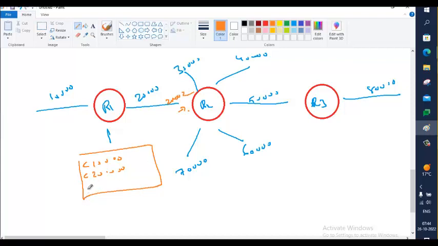So you need to say 30 network, go to 20002. 40 network, go to 20002. 50. Like this, you need to write all the rest of the networks and point towards the same gateway, which is 20002. Instead of doing that,